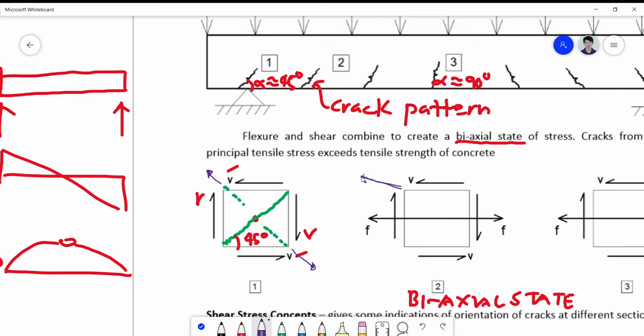The slope is flatter than the slope of this. Okay, so this will now be pulled a little bit flatter like this because of the force that will make your